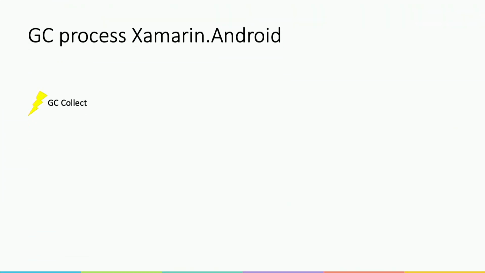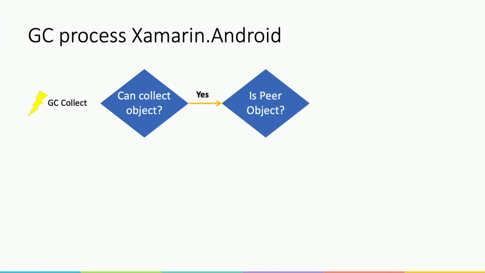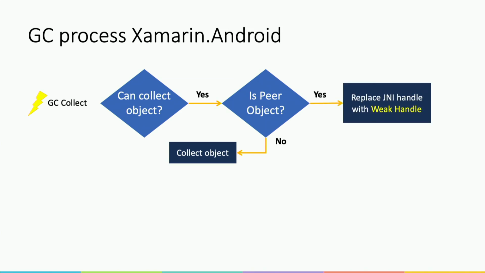So you launch, or it is automatically launched, a garbage collection. What the .NET runtime sees is: can I collect this object? If I cannot collect it, then it cannot be emptied. So can I collect it? Is this a peer object? So is this object also in the native space? If it's not in the native space, then I can collect it because I'm managing all the memory, right? If it's a peer object,